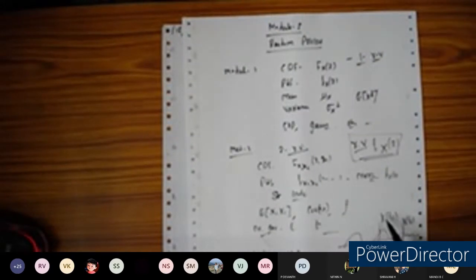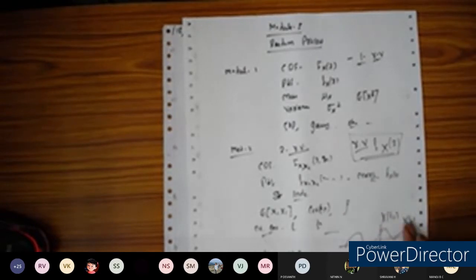Suppose at the time instant t is equal to t1, I'm going to measure this one. I can call this x of t1, one random process. At t is equal to t2, I'm going to measure the value. It is called x of t2. For this one, we can find out the mean, variance, and also the PDF we can define. So let us see those concepts in the random process, that is in module 3 here.